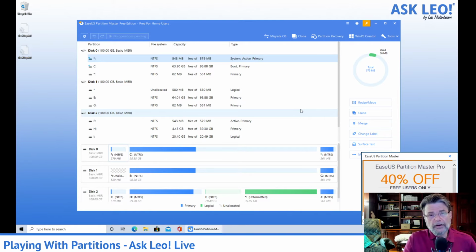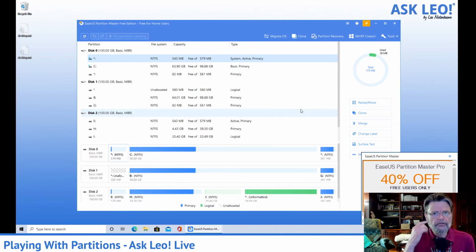I'm explicitly running the free version right now because I believe that, again, if Windows Disk Manager doesn't meet your needs, then a free version of a tool like this might very well be more than likely to cover whatever it is you're attempting to do. There are several different products in this space. EaseUS has one, Paragon has one, there's a couple of others that are out there. In a lot of ways,